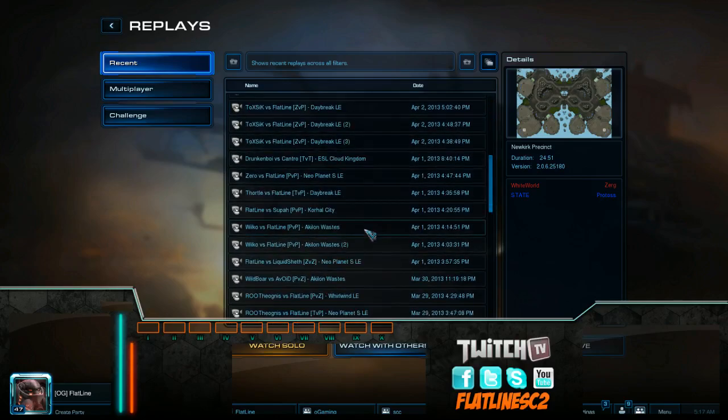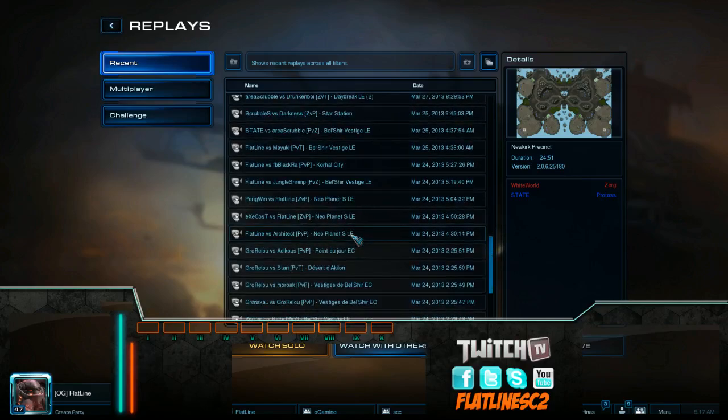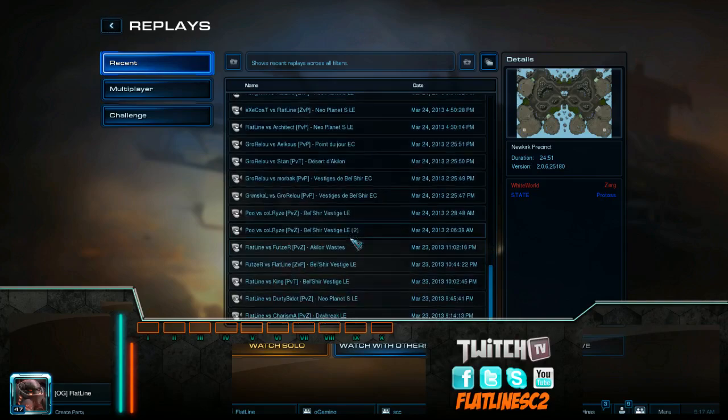Another good thing to note is their fourth. Usually their fourth will become a planetary. That map is pretty hard to get a fourth on, because you'll be pretty well spread out. So, alright, let me find...